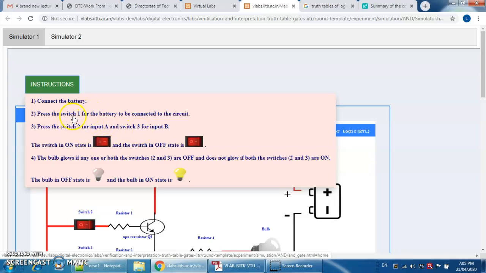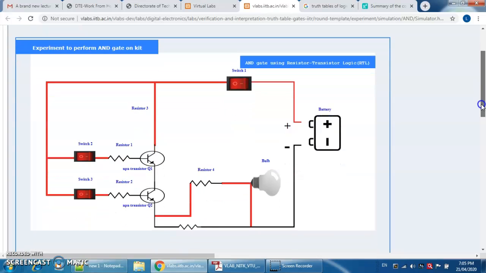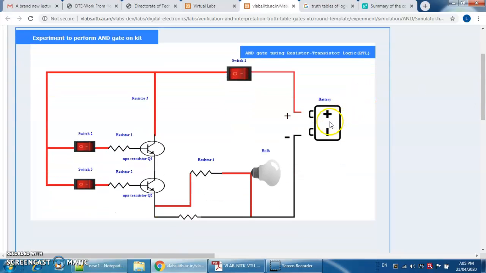First press switch 1 for the battery connection. If you are not able to make this connection, you can watch this video and do the same. Just click on the battery and it will show the connected position.